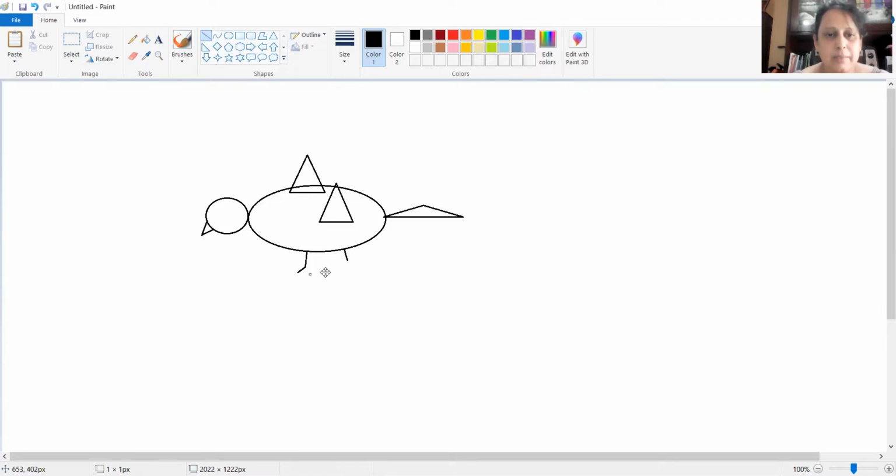And the legs here. Okay, they're a bit too small, but we'll manage something, right? And I guess we have managed.